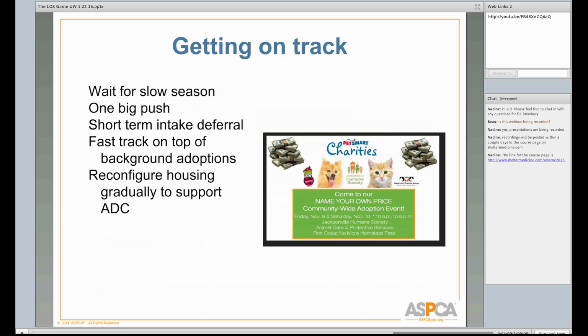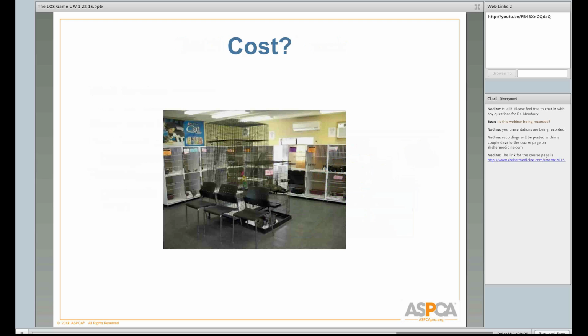How do you get started with this? What if you have 350 cats? How do you get down to 200? We don't ever want to suggest that a shelter does that by euthanizing animals. If anybody ever thinks that's what I'm saying, please stop. This is a way of maximizing life-saving potential. And so usually what we try to do is have a huge adoption special where they can pull the animals through. How much does it cost? This is Jacksonville. It usually saves money. And that's just very important to realize, that when we're talking about all of this, what we're talking about is saving money.